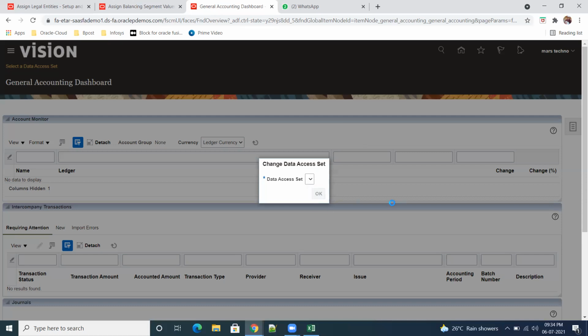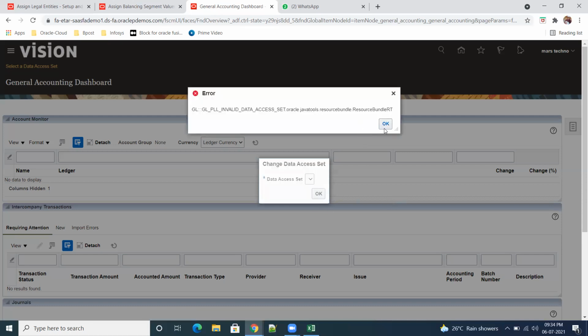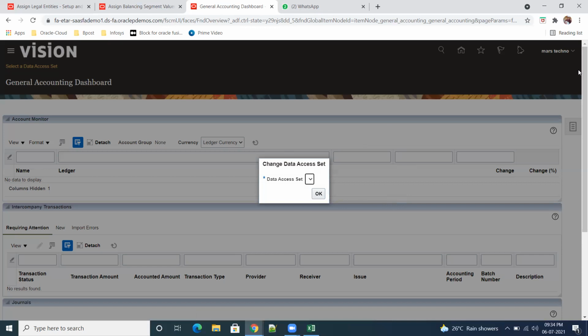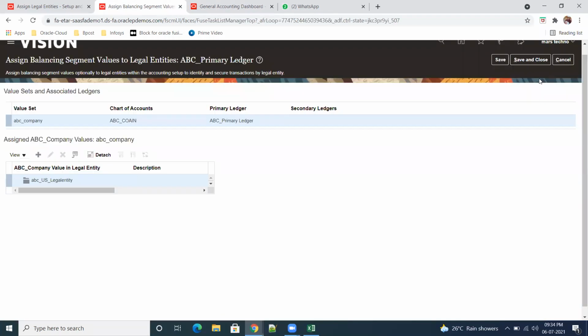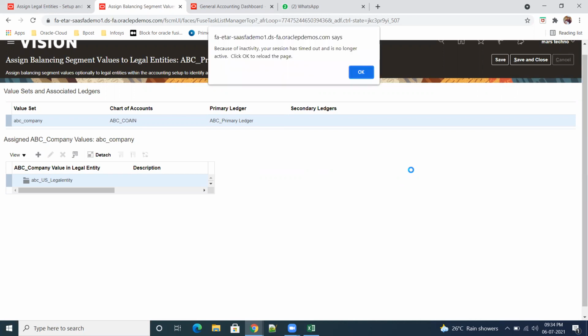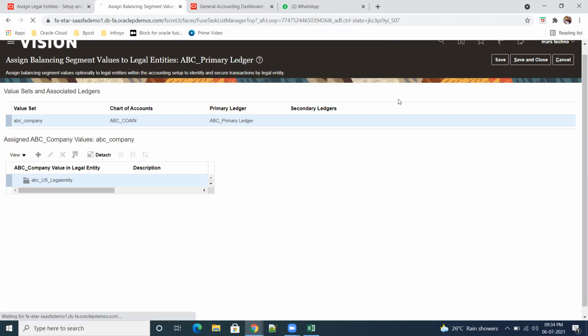So where will we give this? Manage data access for users. Manage data access is the task. From there, you can give this. For ledger checking, we may not require these balancing segments. Balancing segment mapping is not at all needed to verify your ledger.